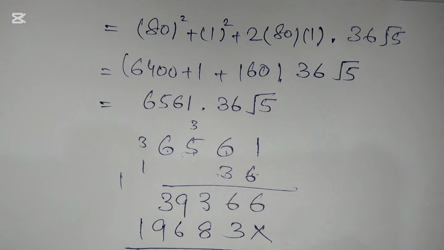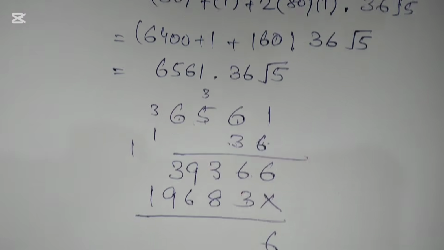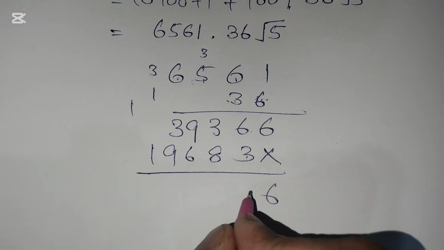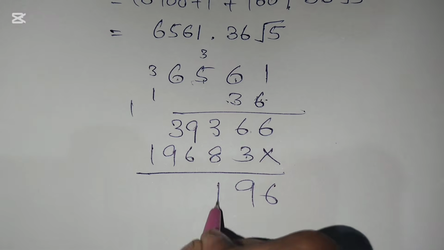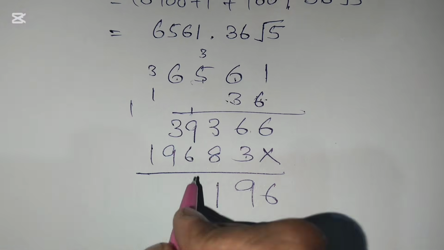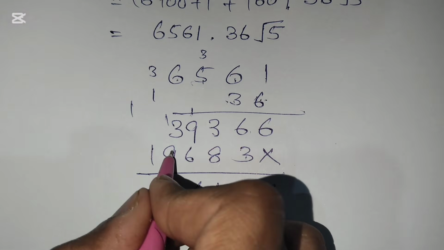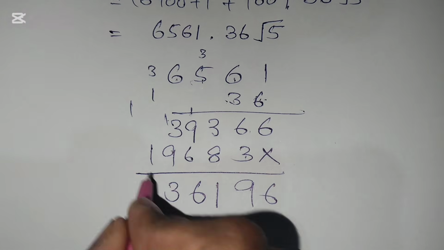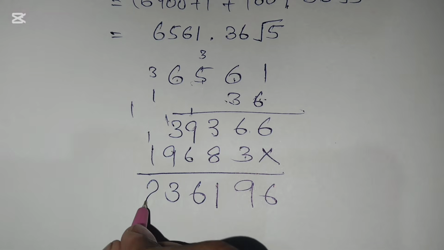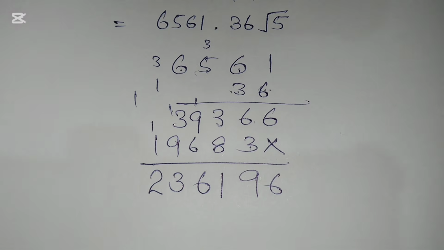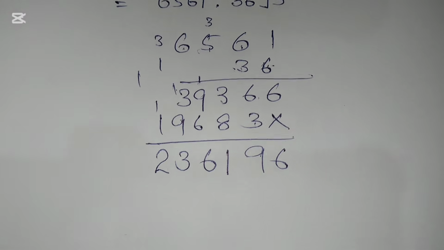So 6 plus 3 is 9. 8 plus 3 is 11. 9 1 is 10, 16. 9 1 is 10, 13. 1 and 1 is 2. So the final answer is